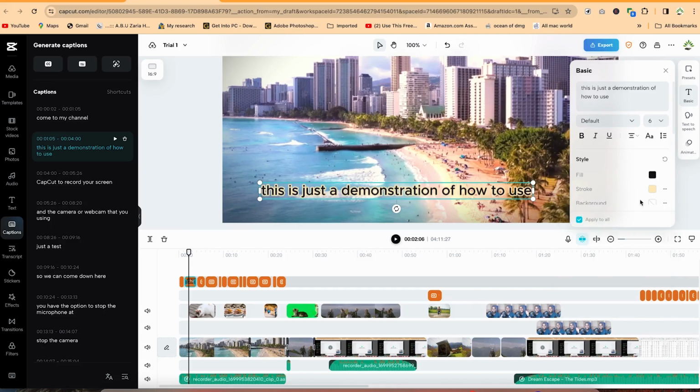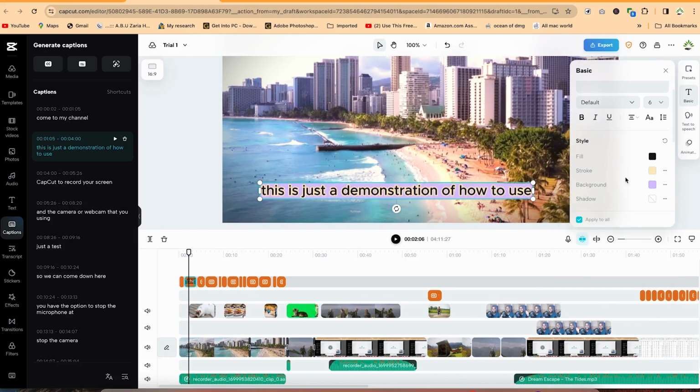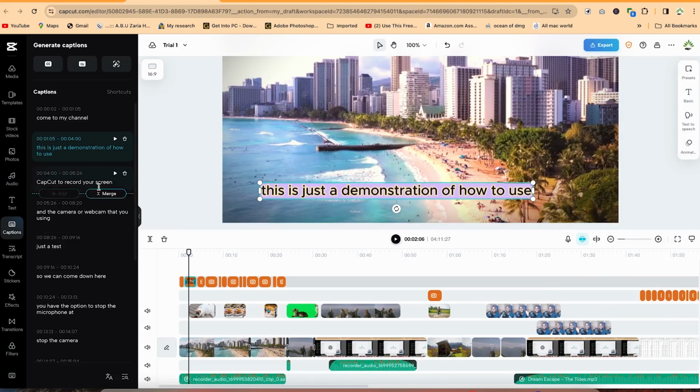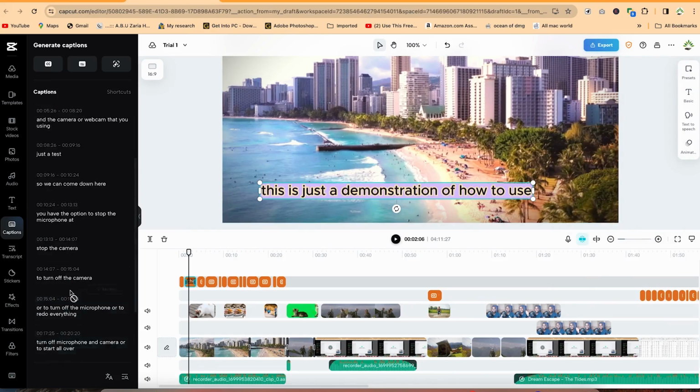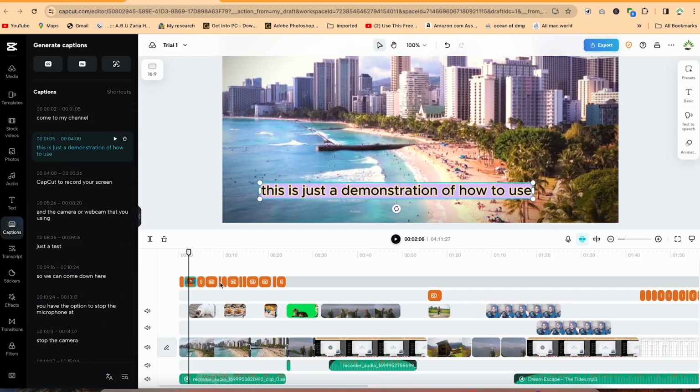All right, so you can add background also to the caption if you're interested. You can add background to it. So let's say we add this simple background, and everything now is going to pop up a little bit so you can see how clear it is. So you can do this on your footage and it's going to look perfectly nice, and you can play around with these features if you're interested, and then you can go ahead and delete any section or add any section or customize them accordingly. But this is the entire transcription of captions that it has generated for this particular footage